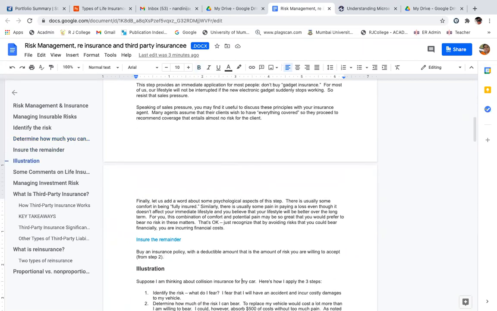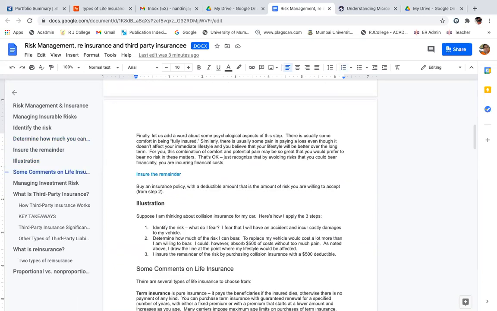Now, I'm going to buy a policy by paying premium. Policy is a contract I enter into, right? And so that I am going to be safe against it. Now, I've given you an illustration, which I got from somewhere on the net. Identify the risk. What is it that I fear? If it is an accident insurance, and it is going to be costly for my vehicle, I will identify how much of loss it is going to be. The entire car gets lost. Say 4 lakhs is the cost of the car. The 4 lakhs is lost.